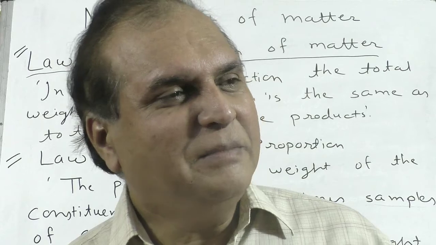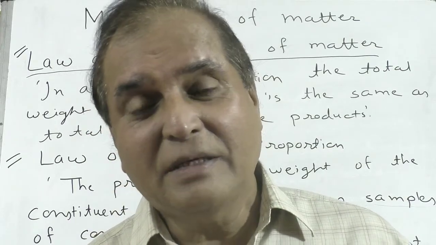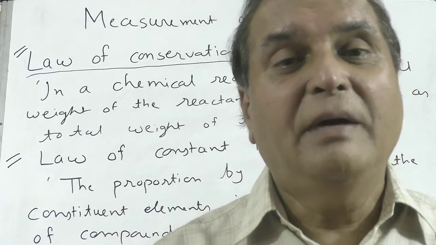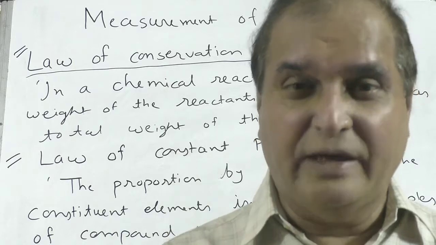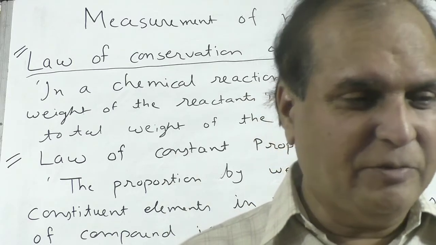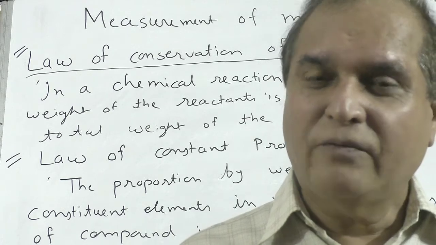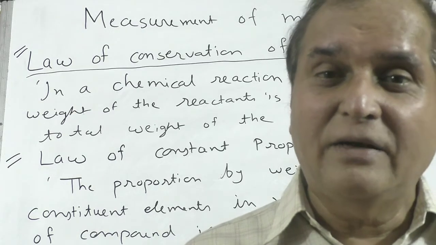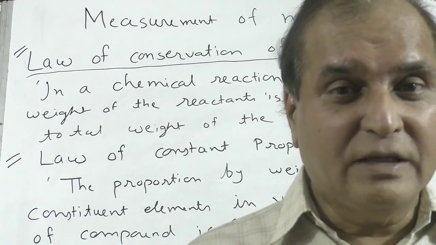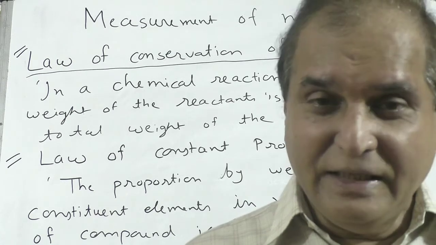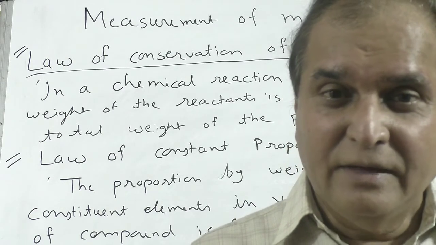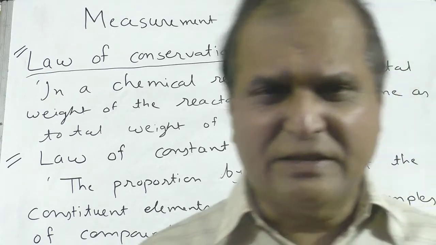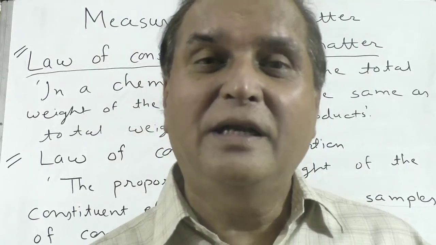Similarly, there are many examples. But carbon dioxide I am giving you. Carbon dioxide, carbon to oxygen, by proportion their masses are 3:8. Suppose 3 grams of carbon and 8 grams of oxygen, total 3 plus 8, 11 grams of carbon dioxide. Or 30 grams of carbon and 80 grams of oxygen, 80 plus 30, 110 grams of carbon dioxide. So the proportion is fixed. You can calculate by the unitary method also.